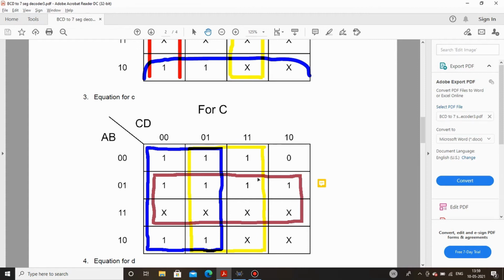If you see this yellow colored pair, then A and B both are changing, but D is same. So the output equation is C bar plus B plus D.